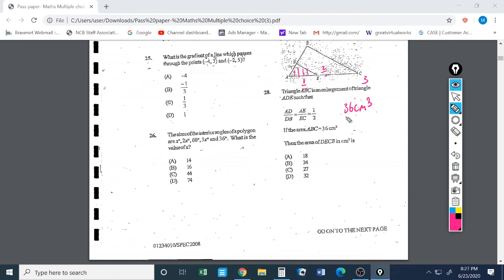So everything is 36, and if we have a ratio of 1 to 2, then we would really like to have